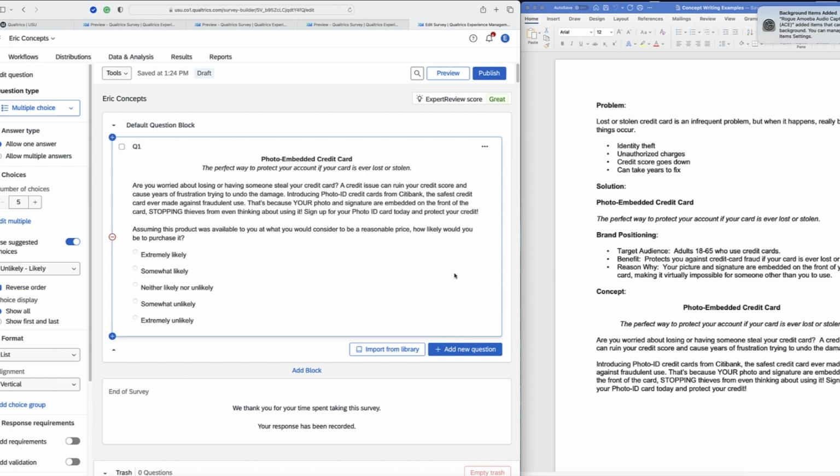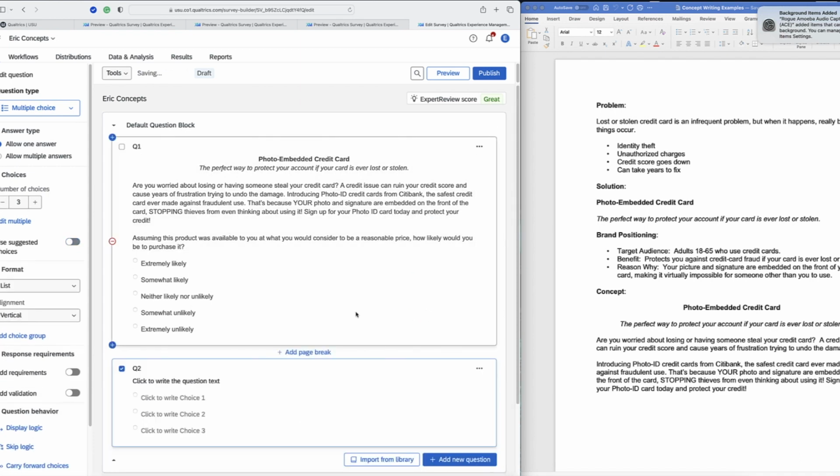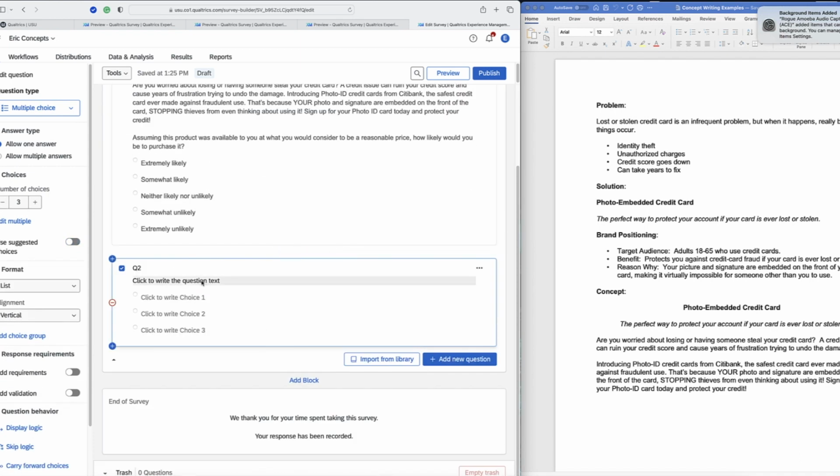Now we need to add a second question. So we're going to go to add a new question, the blue box over here on the right. I'm going to click on that, and we're going to add a multiple choice question. And down here in question 2 now, I'm going to click on that, and we're going to type in again our second question. And the second question is going to be this: